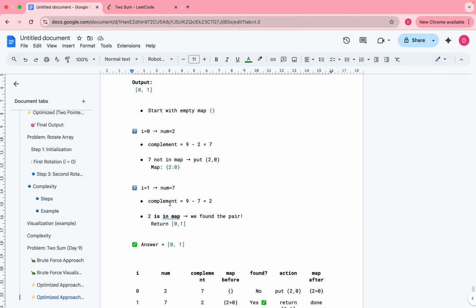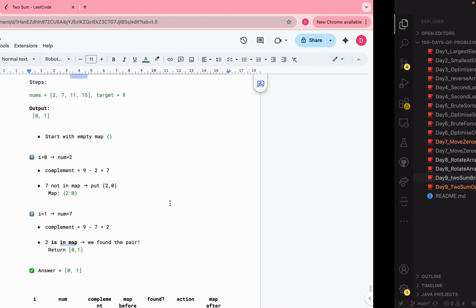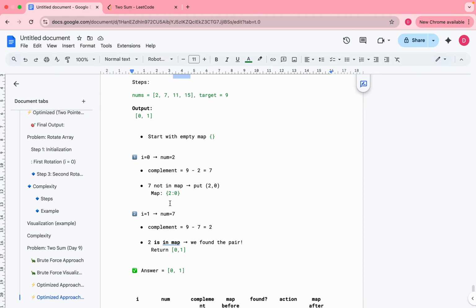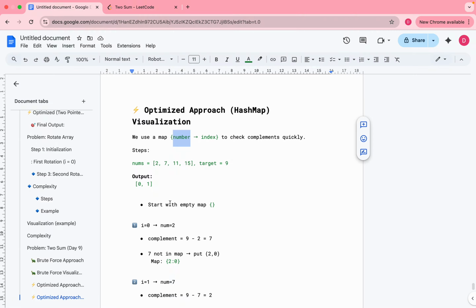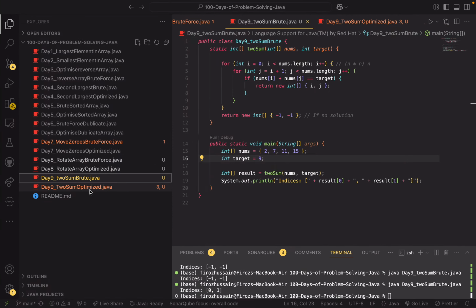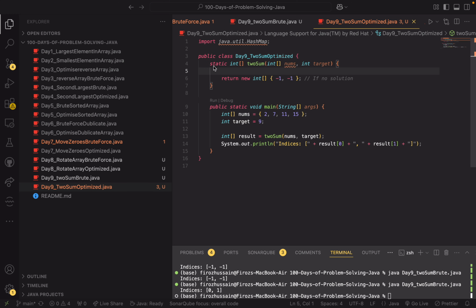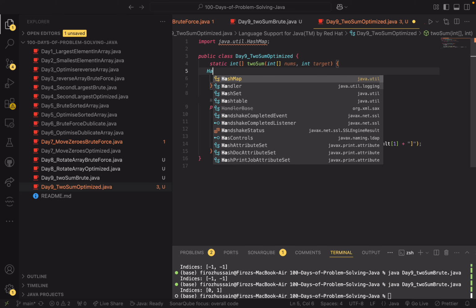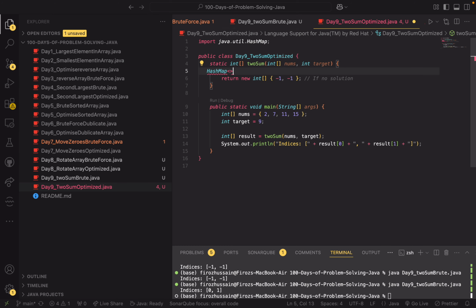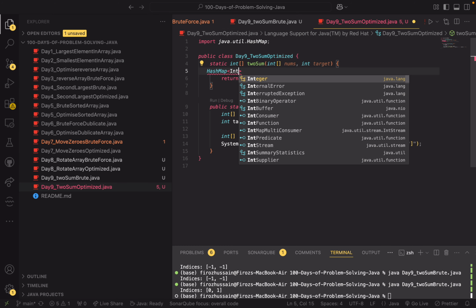So now you might not have the clear picture. I will try to write the code, and then I will explain once more. Let's start the coding. Here also the main method is there. In the main method we are just writing the same thing. Here it will return the array. By default we are returning minus 1. So in this, we are going to use a hash map of pairs. First we will write HashMap of Integer, Integer,